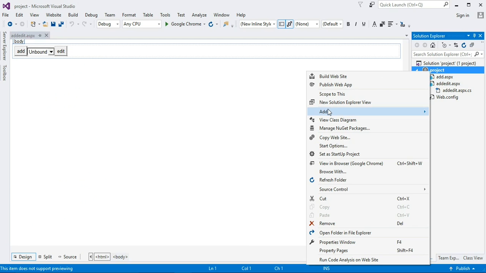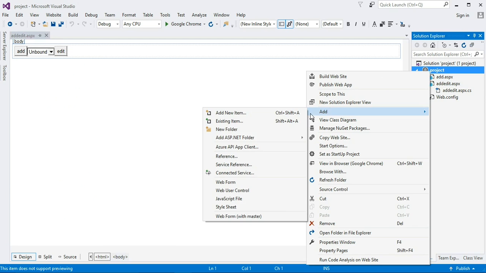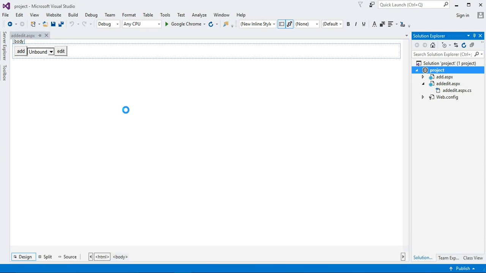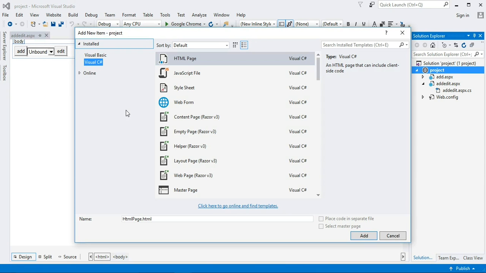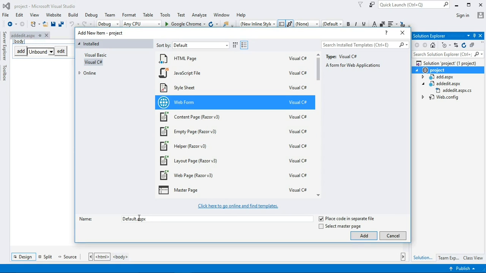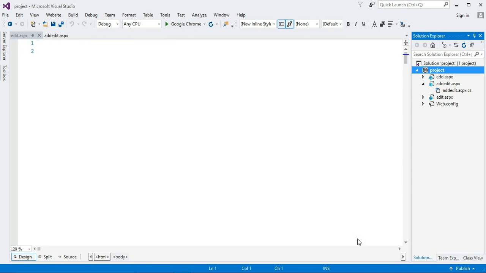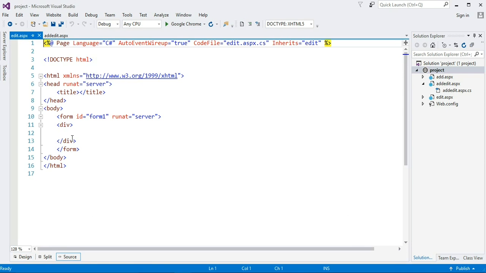Right click on the project, add a new item. Take a web form and give it the name edit. Click on add. Okay, between this div, I take the same design which we used in the add page to my edit page.